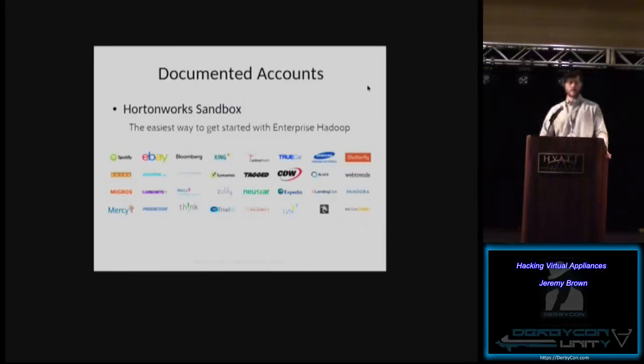And also there's a Hortonworks sandbox. They have a bunch of customers. You can see eBay and CDW and Priceline and stuff. So it's a way to get started working on Hadoop. It's more like a developer system, but if you think about internally, how many of these companies use this internally and set up these dev boxes? If you're in a pen test, or red teaming, whatever you may be doing, and you find these on the network,